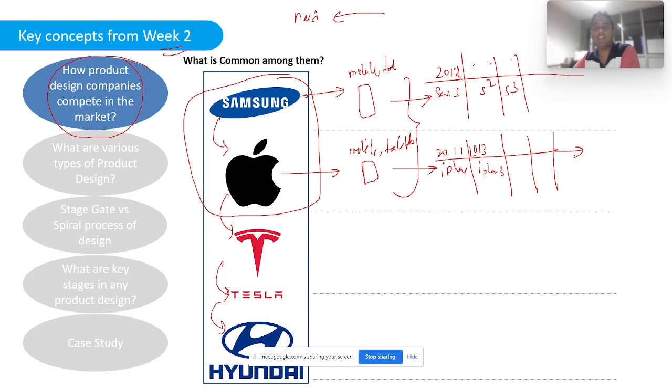Now if we see how they are managing their development in the back end: Samsung is a semiconductor device company at its core from the very beginning. However, Apple is a design based company. That means Apple does not produce its own chips, but Samsung can produce. However, Apple has a better conceptual design in terms of